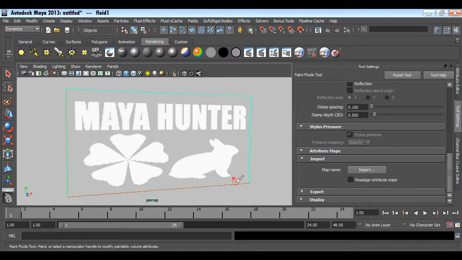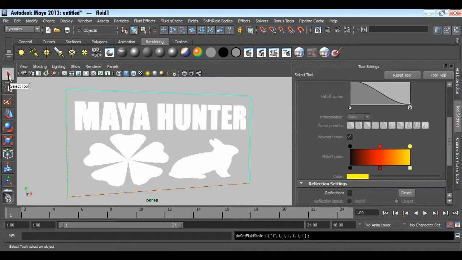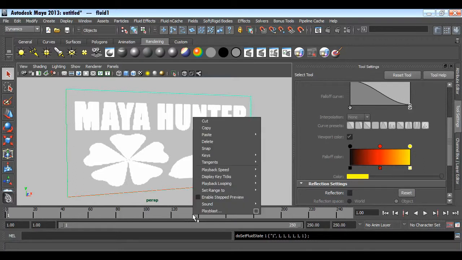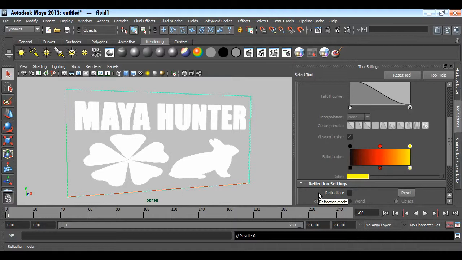And now as you see, instead of a blank empty container, we have got our texture. So any kind of pattern you want to create, you can have that. Wherever we have black, we have nothing. Wherever we have white, we get our fluid. I will take the selection tool, and maybe I will increase the number of frames. So maybe I will have 250, and make sure you have playback every frame. Right click on the time slider, go in the playback speed, and make sure that you have play every frame. Play every frame is best for making dynamics animation. It calculates better when you are playing every frame.